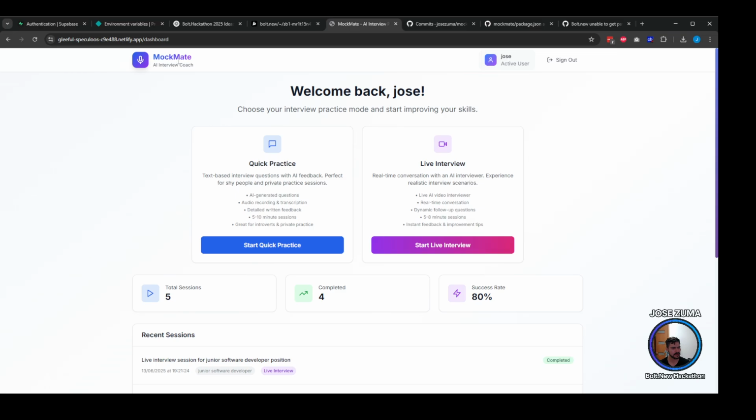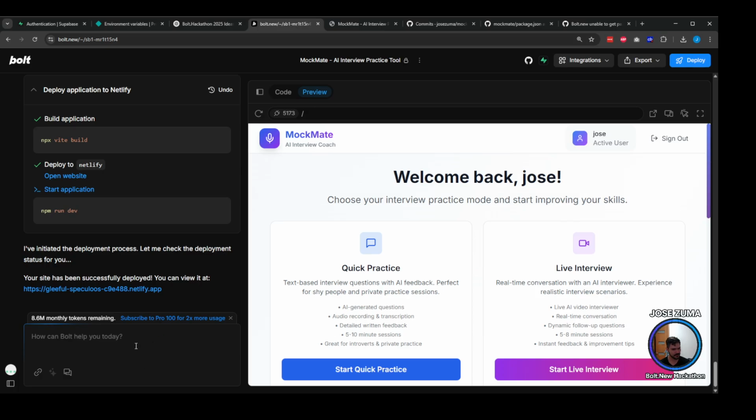I don't know if you noticed, but most of the Bolt projects are usually sharing the same colors and so on. So we can improve that a little bit, right? So we can ask this: improve a little bit the UI to look a bit more like Mac OS. Do not change the styles